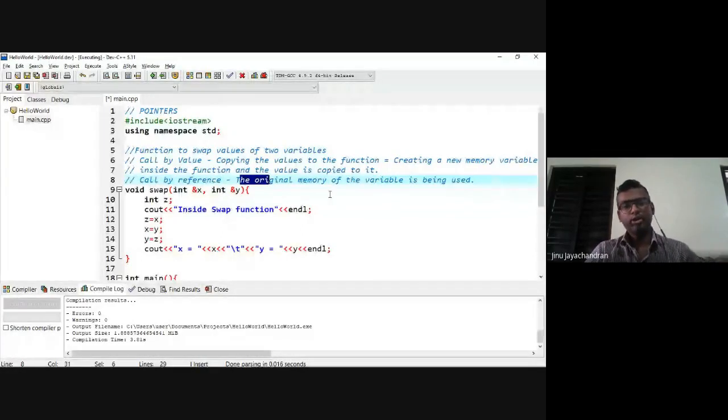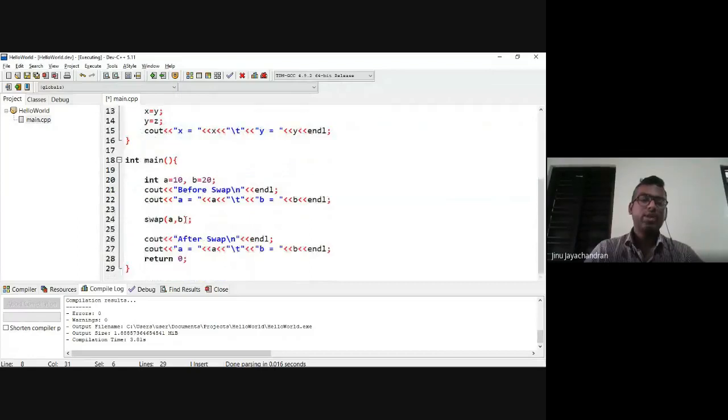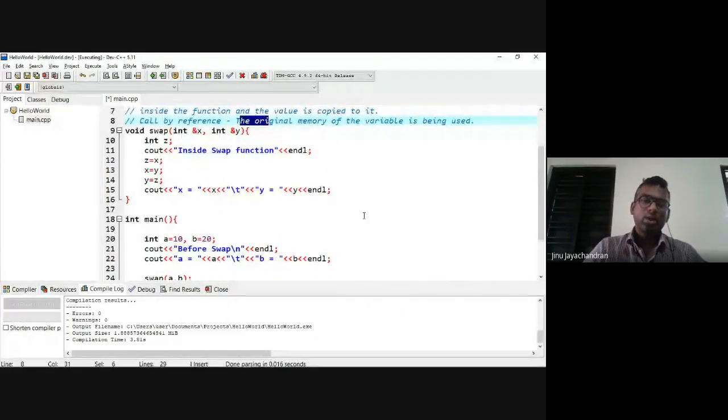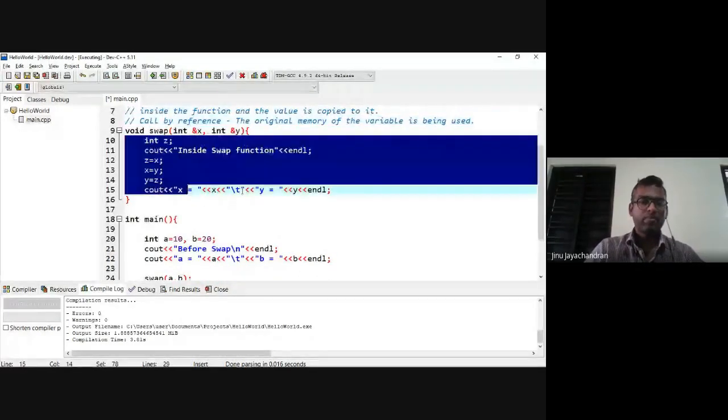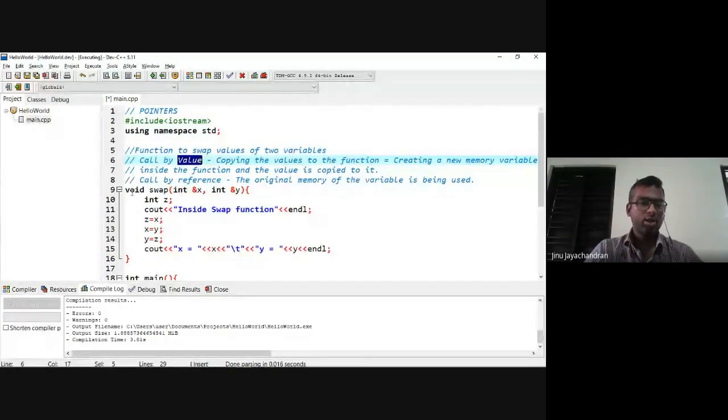So if you change something in the original memory, it will get reflected wherever it is called. So you will see an advantage here. Let's say I want to return 4 values from this function. Using call by value, you cannot return 4 values because you can only return 1 value.